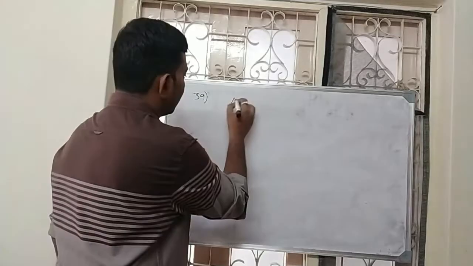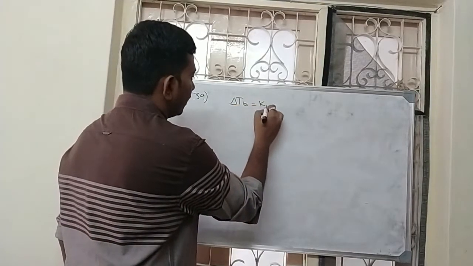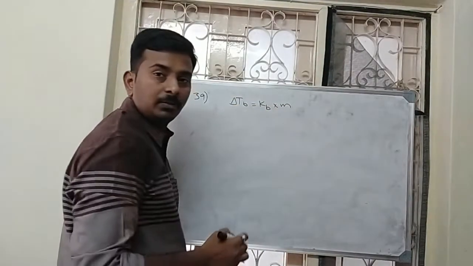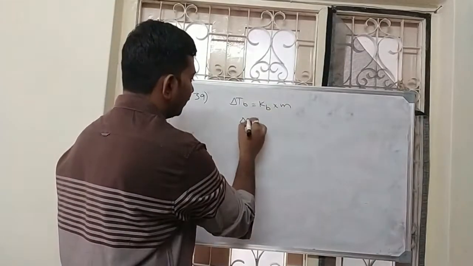If the amount of a non-electrolyte dissolved is doubled, but that of the solvent is quadrupled. So we are doubling the mass of solute and we are increasing the mass of solvent 4 times. The elevation in boiling point of the solution will be. So what will be the delta TB value they are asking. So we know that delta TB is equal to Kb into M. So the M is molarity.